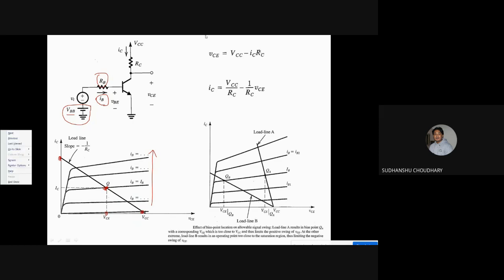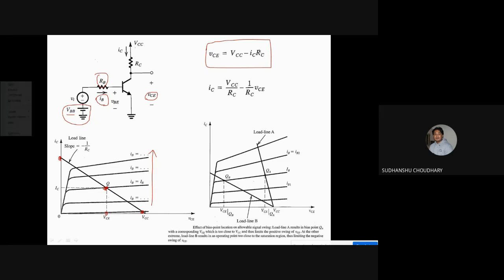Okay. So these 2 points can be found from this, that is, write the collector to emitter voltage. So what is the collector to emitter voltage over here? That is VCC minus IC times RC. Right? So VCC minus IC times RC. Okay. So one can find out that at this point, that is on x-axis, let us consider IC as 0. So when you consider IC as 0, then VCE becomes VCC. Right? So that is this point you get. So on the x-axis, then you draw the load line and then select the center of the load line, and there you decide the Q point.